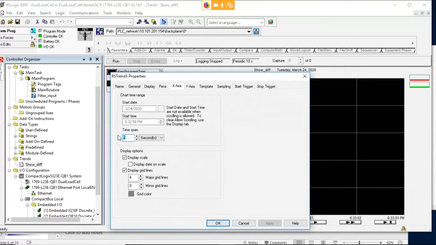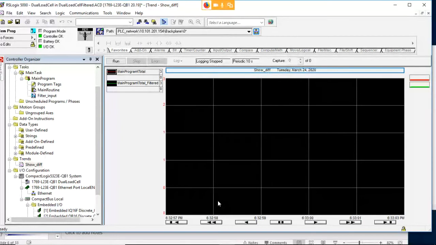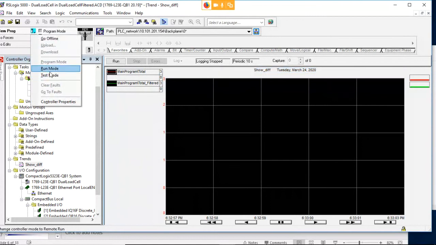I'm going to make it 6 pounds. All right. And the reason for that is because we know the unfiltered one flips around a whole bunch. So I'm going to go ahead and make that 6 pounds. All right. And so the filtered is green. The unfiltered is red. All right, and so I'm going to click over here, and I'm actually going to switch